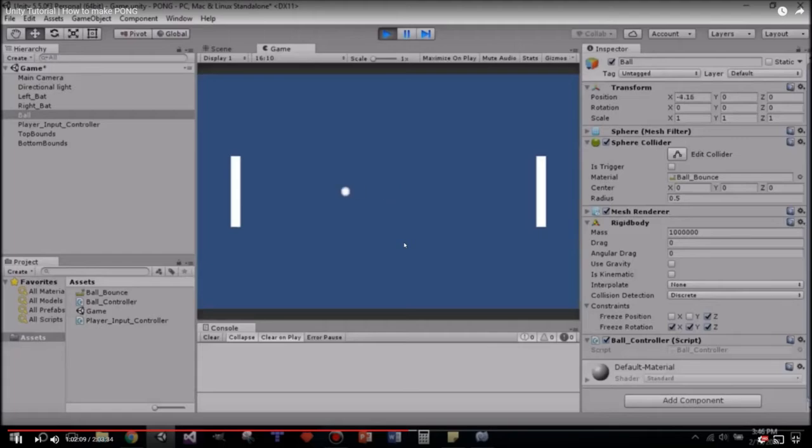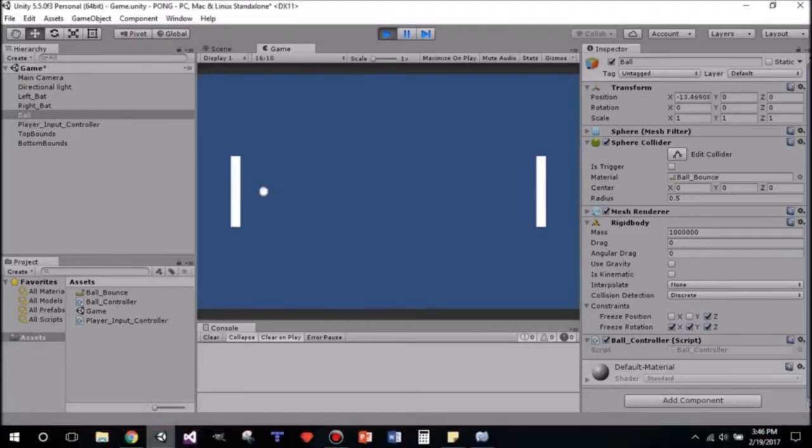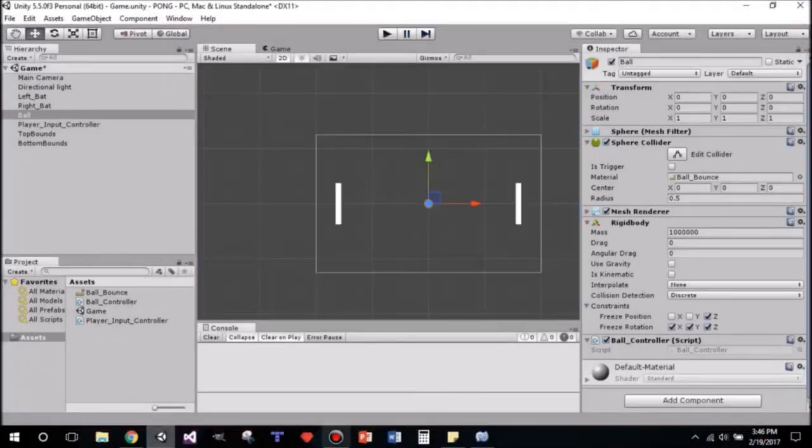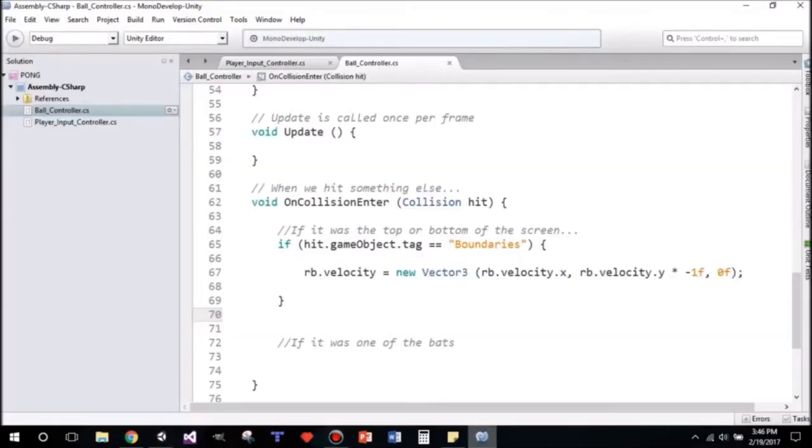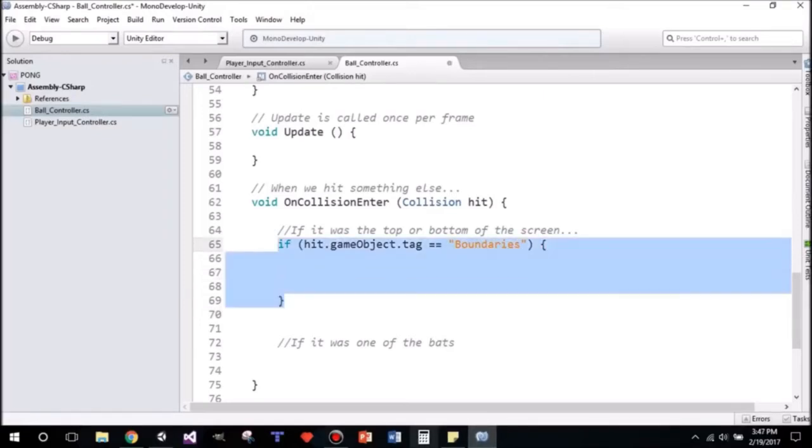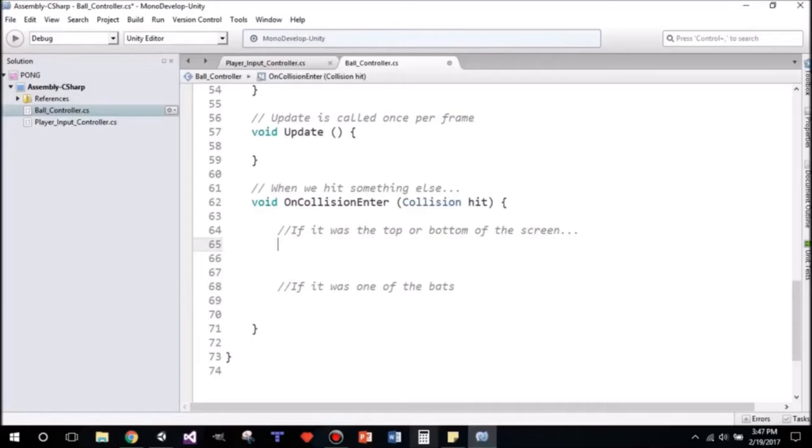It seems like we're going to actually want to check if it is the top or the bottom. So I may have to put another cut in here. So, if